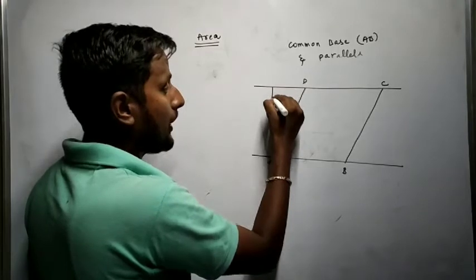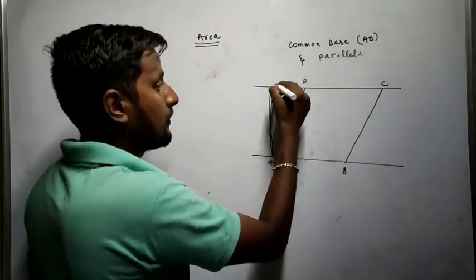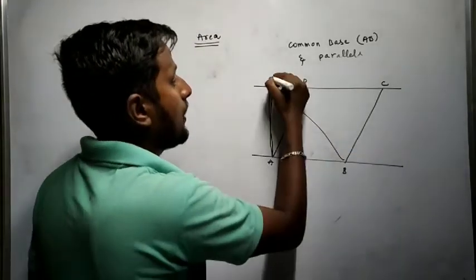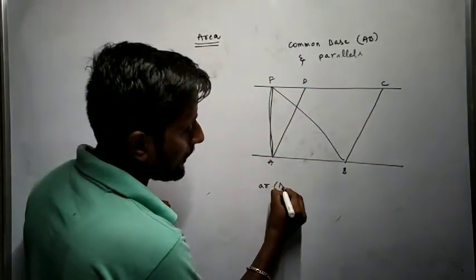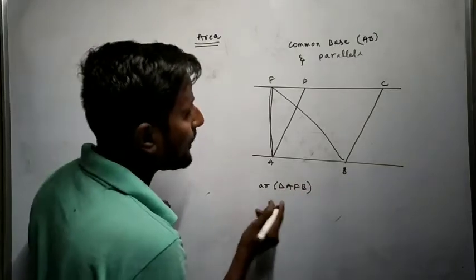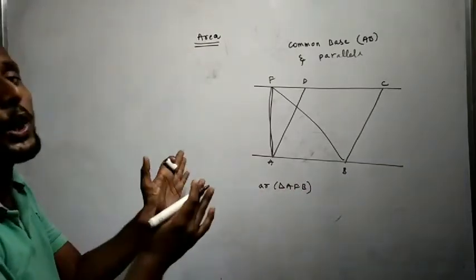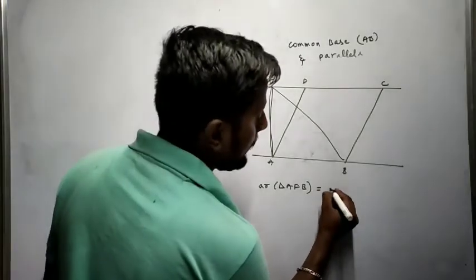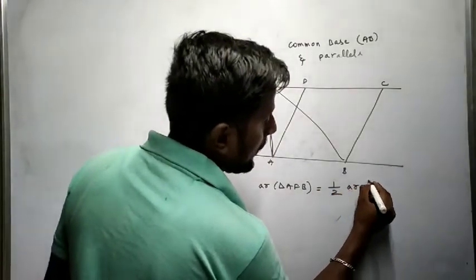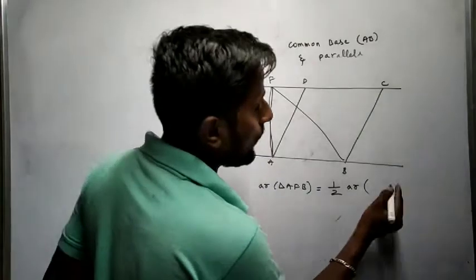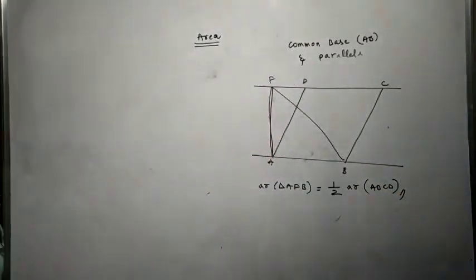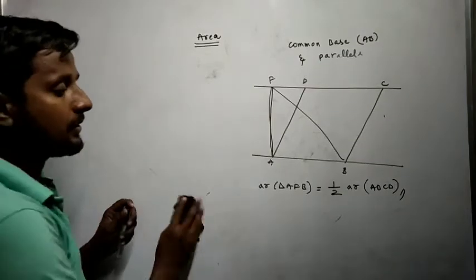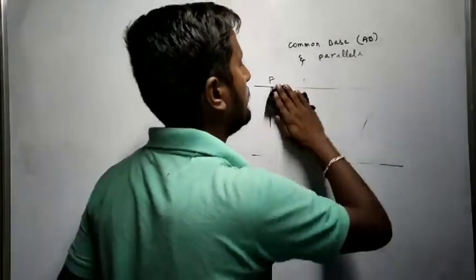Now I have taken a point completely outside. Call it F, so we get triangle ABF. I can write area of triangle ABF. As we can clearly understand from the diagram, the parallelogram is larger than the triangle. So I'll write that the area of the triangle is equal to half of the area of parallelogram ABCD. Right? So these are the three relations. Then now we'll move to the exercise, that is 11.1, first problem.